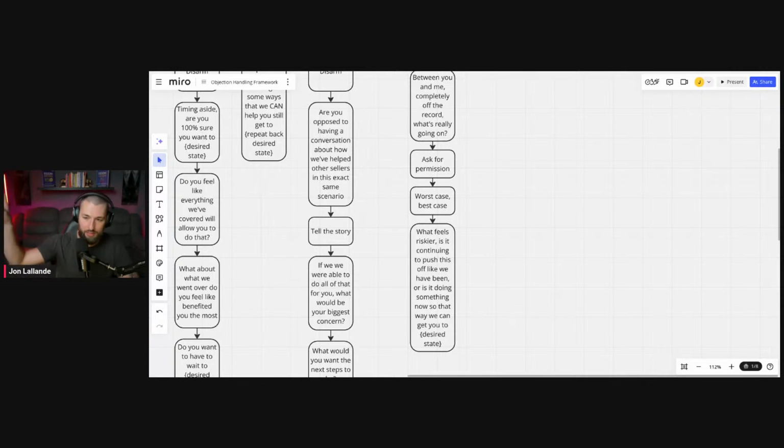And if you really want to hit home, tell a story with somebody else. So I had this seller, they really wanted to sell their house because they were in foreclosure, but they didn't know what was the best decision for them. And so we looked at the pros and cons. Like worst case, you lose all the equity in your house. You lose everything. The sheriff comes over, they knock on your door, and they say, hey, you have to leave.